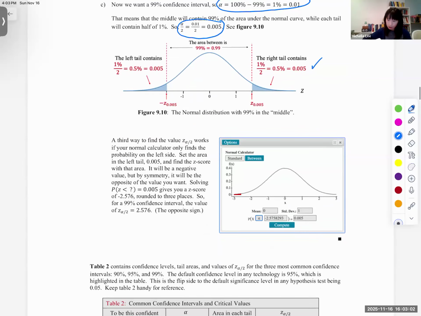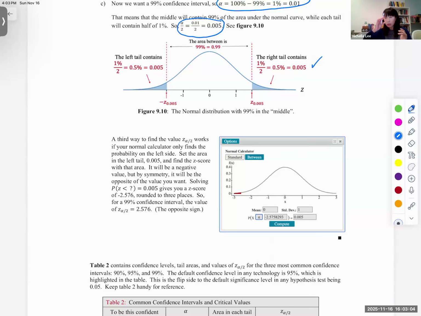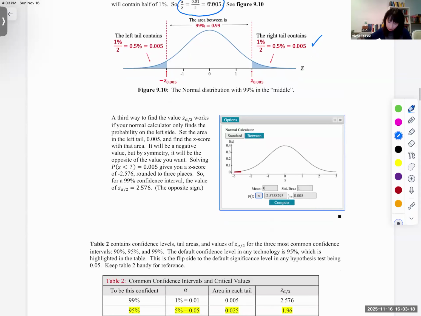All right, so we can use the greater than or equal to, or between. So we can use that. In that case, they are using this one, less than, and it's okay because it's symmetric, right? But then we change the negative sign. So we are using only the positive, because of the right tail, right? So that is Z sub alpha over 2 will be